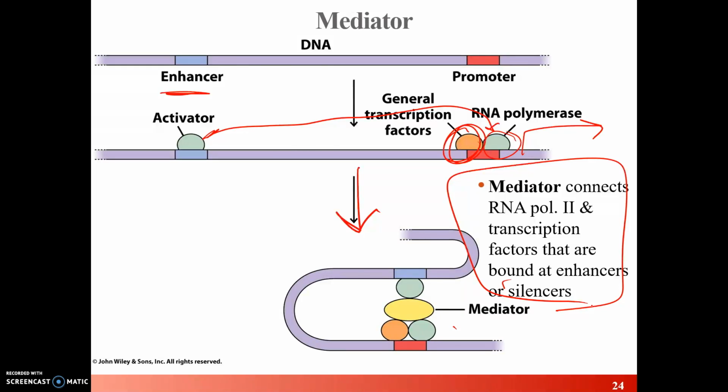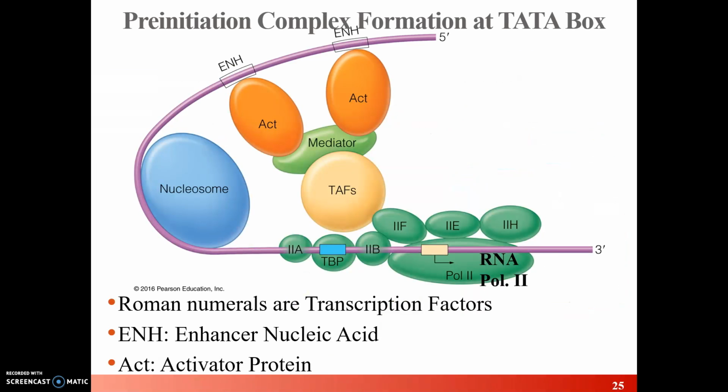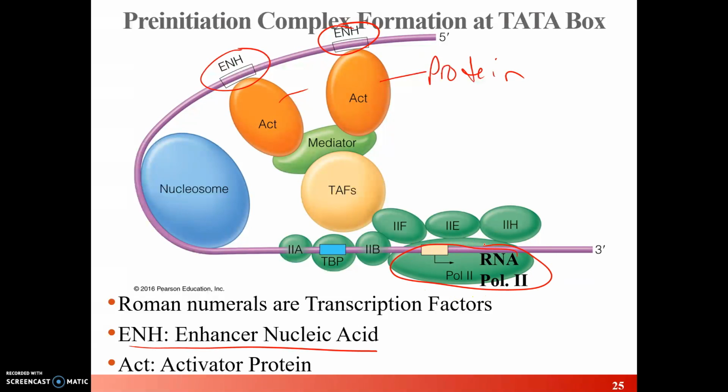So this image did not come from your book. This is the image from your book, and you may need this to help you solve some of the homework questions. It actually shows two enhancer regions, E and H, okay? Two activator proteins with the two regions. The purple is your DNA. This bottom oval is actually the RNA polymerase 2, and then all of these are the transcription factors that I listed a few slides ago, like